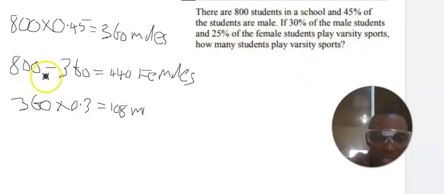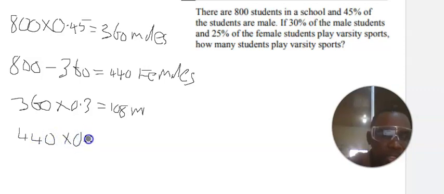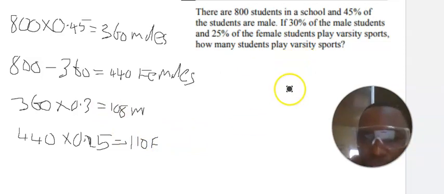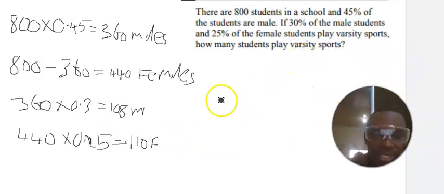What about 25%? What's 25% of 440? So that is 440. Alright, so 440 times 0.25, that will give us 110 what? Females. Alright, so it means therefore that to know the total number of students playing the varsity sport,